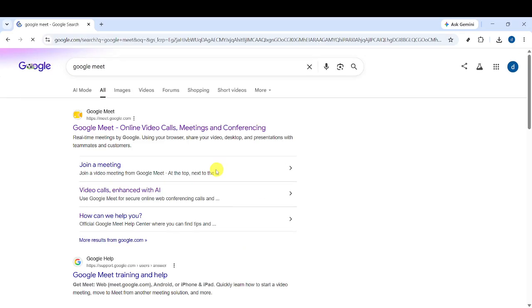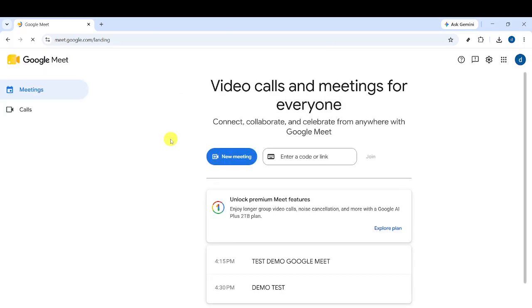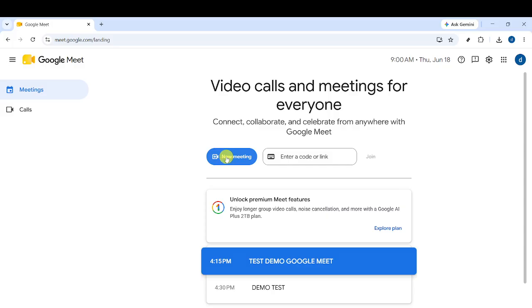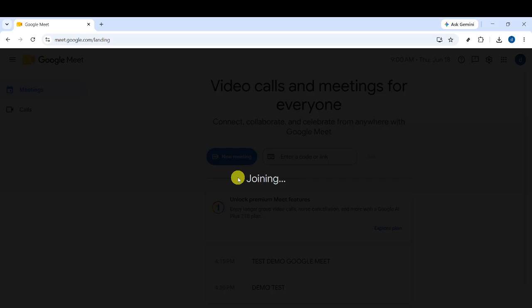From the search results, click the official Google Meet page and sign into your Google account if you are not already logged in. Once you arrive at the Google Meet home screen, look for the New Meeting button and click it. From here, you can choose Instant Meeting, or join a meeting another way if that is what you need. For this walkthrough, either option works because the goal is simply to get into a meeting where you can change